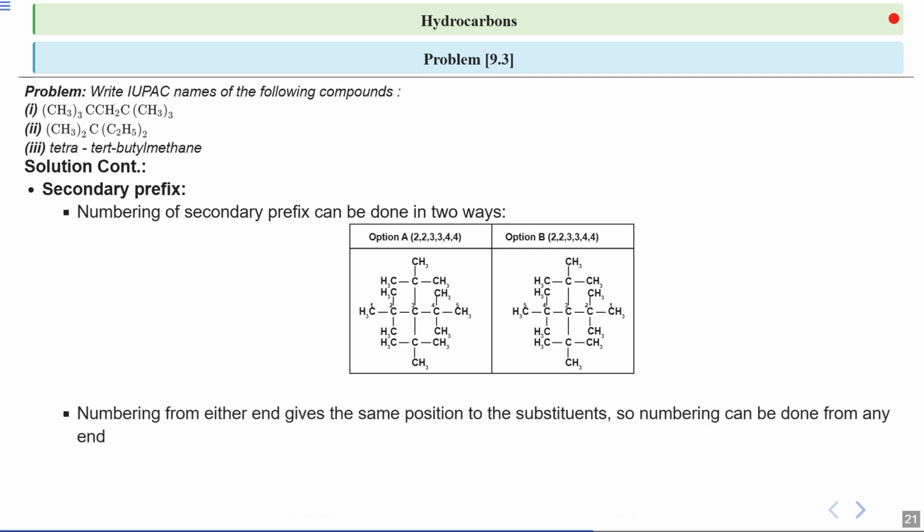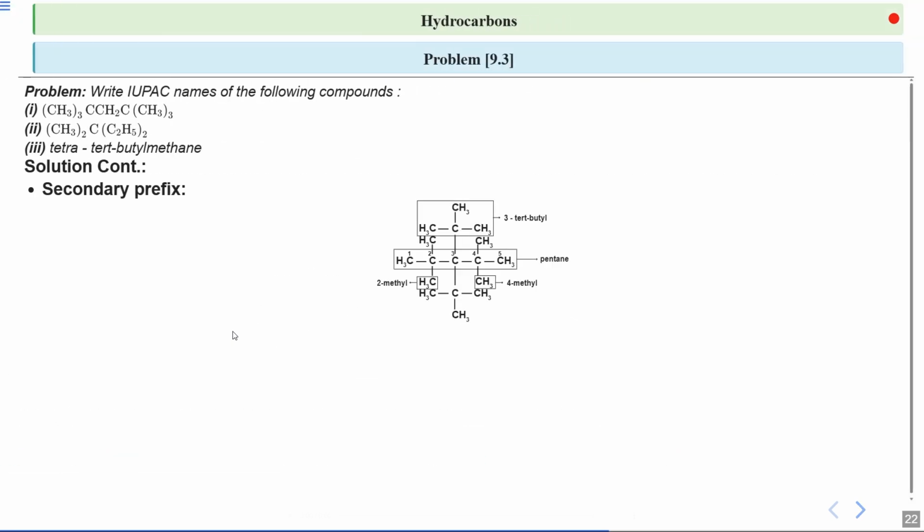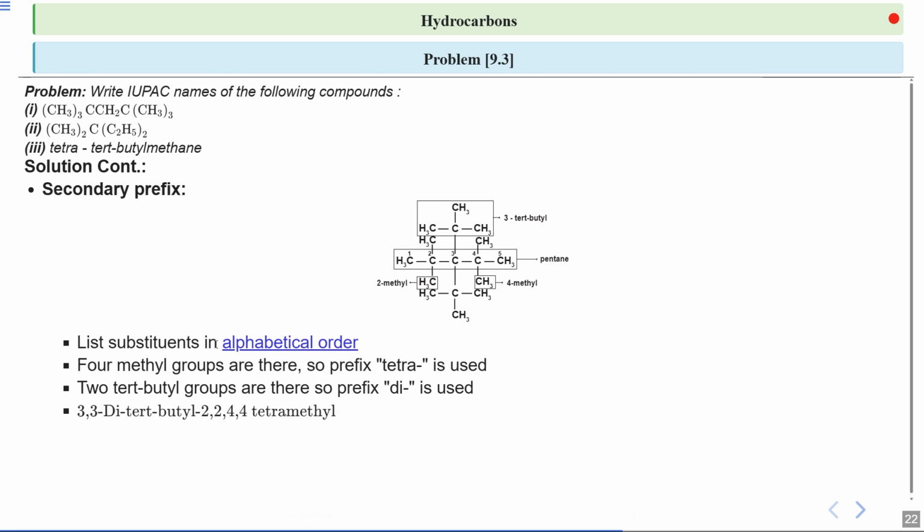So what we can say is that both left and right numbering are equal. Moving on to the next, what we have to do? Now we will just name them. Here we have to use the alphabetical order because all the substituents are not the same. For the 4 methyl groups, we will use the prefix tetra, and for the 2 tert-butyl groups, we will use the prefix di. So finally, we will get your complete name as for the secondary prefix